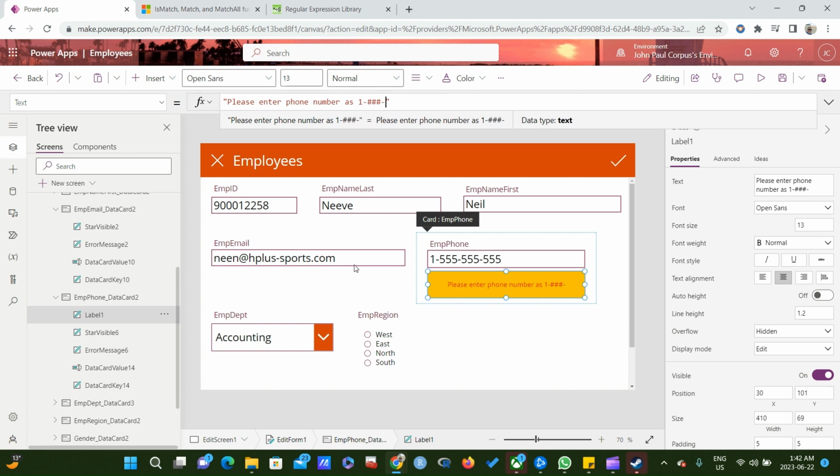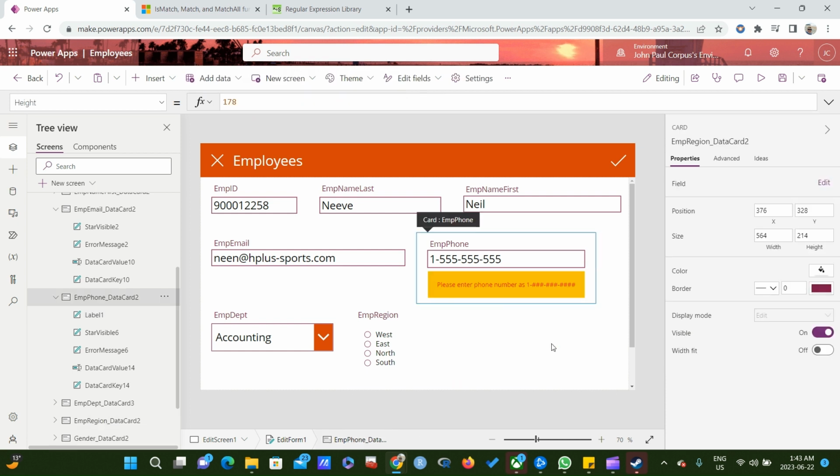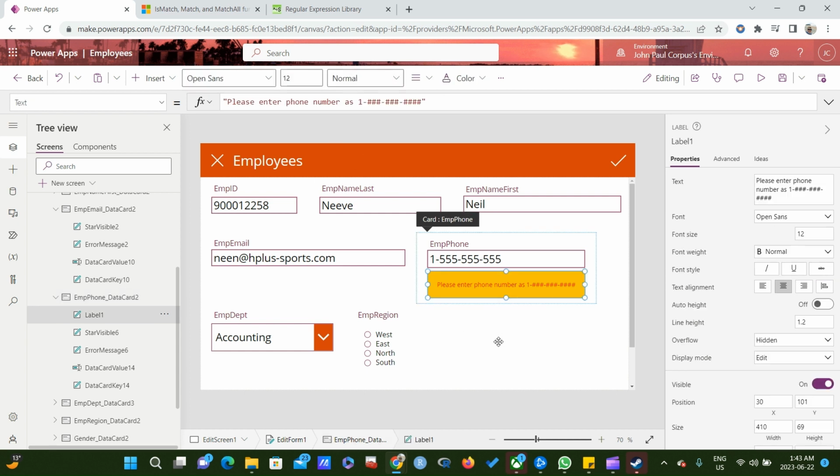We're using the Canadian phone number format, but you can also adjust it based on the region you're coming from. Okay, so it's still too large. Let's try to adjust that. Okay, that's one better. All right, so next, what we're going to do